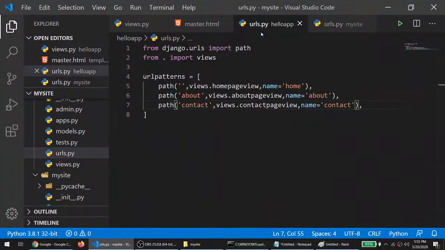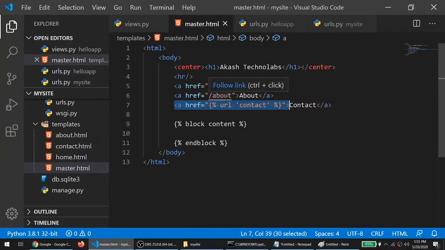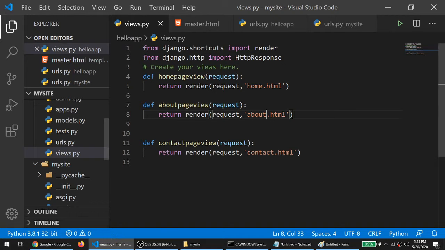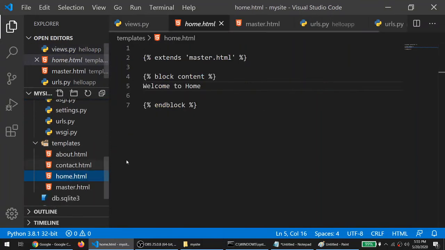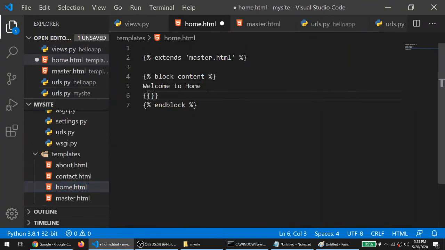Okay, so let's say you want to render specific data, right? What you have to do is go to your views.py. I want to render some values. So inside the curly braces, you can specify the name, and let's say this is my key and this is my value. I want to render my name dynamically in my home page. So we have to specify key and value, and then go to your home page, and in double curly braces you have to specify your key name. My key name is name, right?